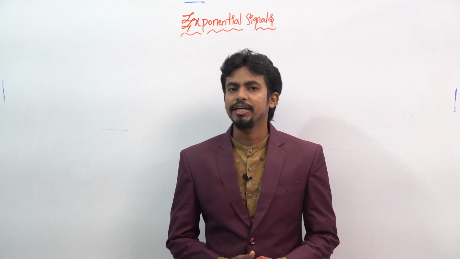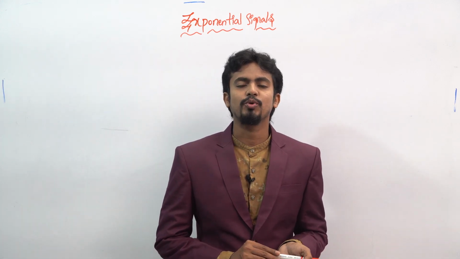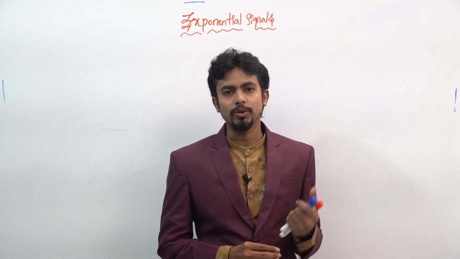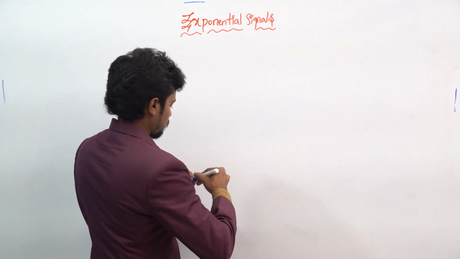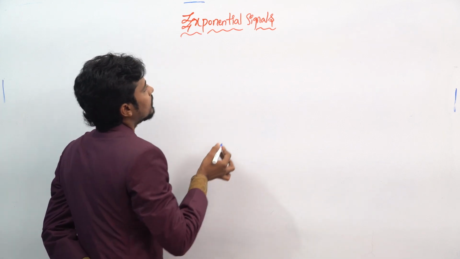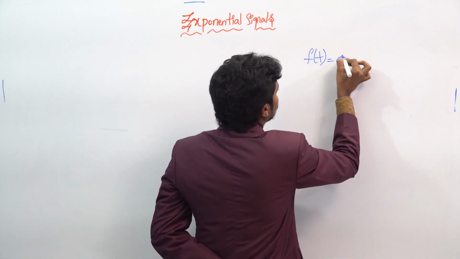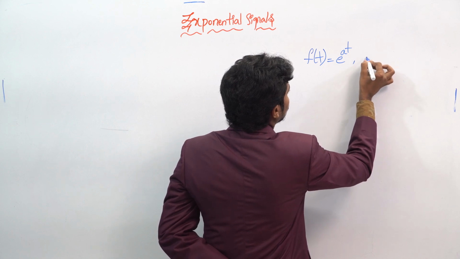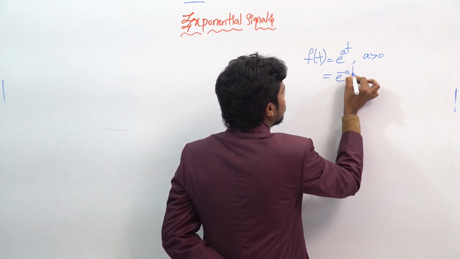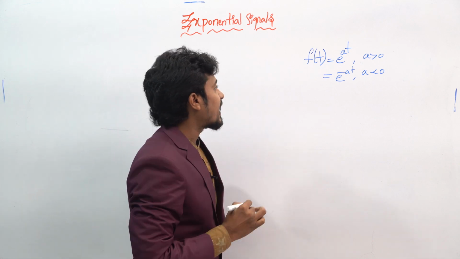Now let's see another standard continuous time signal, that will be the exponential signal. What will be the plot for the exponential increasing signal and what will be the plot for the exponential decreasing signal, we will get to know. So the notation for the exponential signal will be like this: f of t equals e power at for a greater than 0 as well as e power minus at for a less than 0. This will be the notation for the exponential signals.